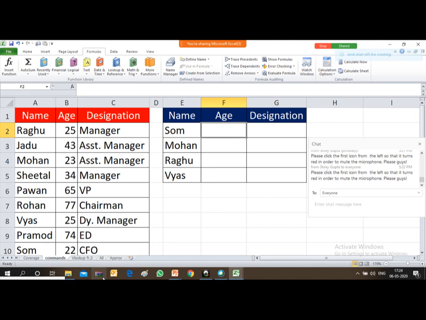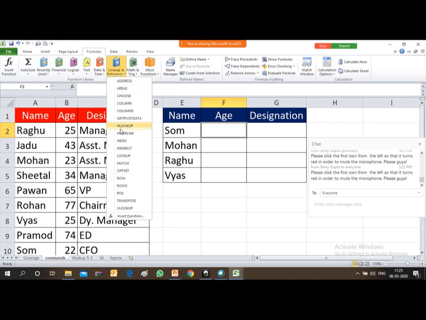There are two ways I will show you today by which you can bring up the VLOOKUP command. First is from the tabs available on the Excel worksheet. Among the tabs, there is a tab for Formulas. Under Formulas, you will find the Lookup and Reference button. Under this drop-down button, there is the VLOOKUP formula. So friends, coming over here, you just press VLOOKUP.